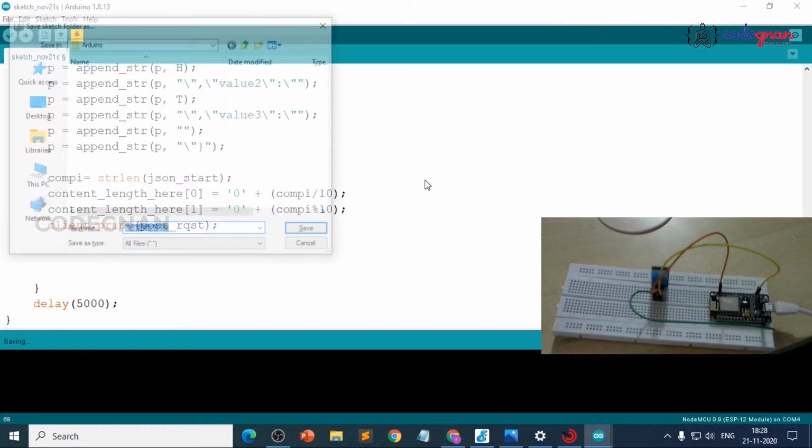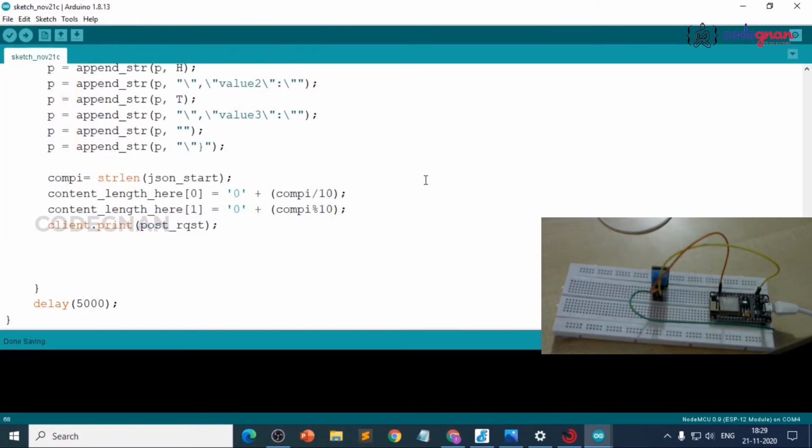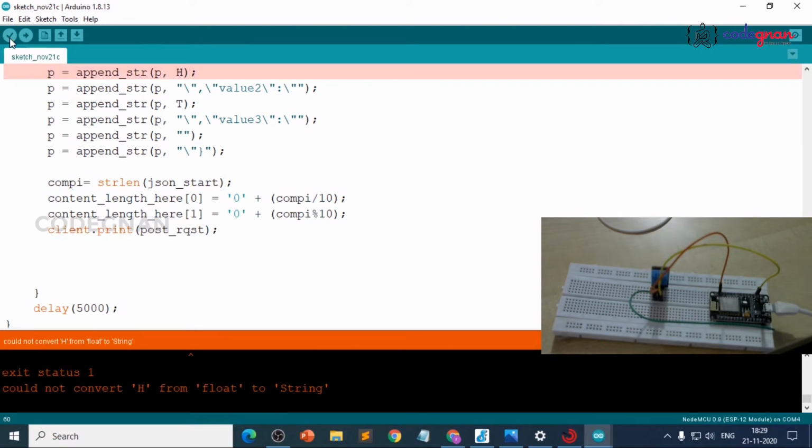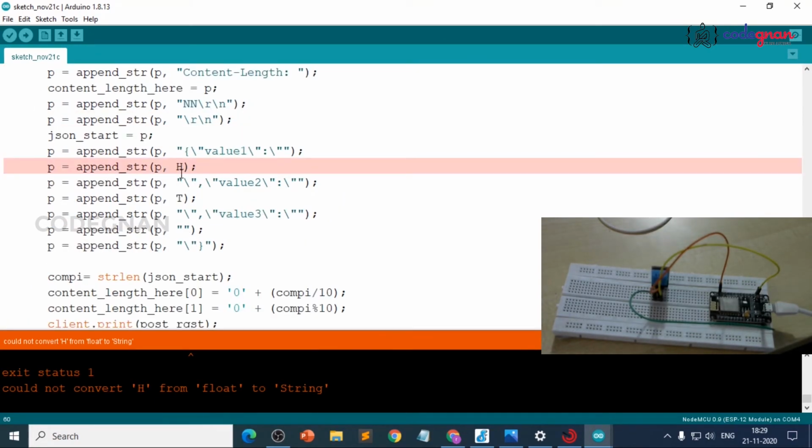Save the program, compile the program by clicking right click here. Okay, right, we need to convert those values into string here.